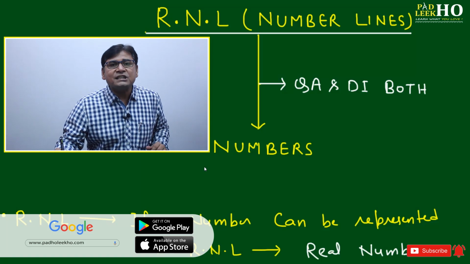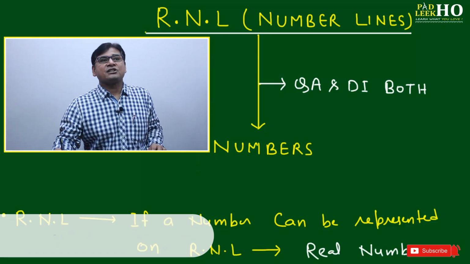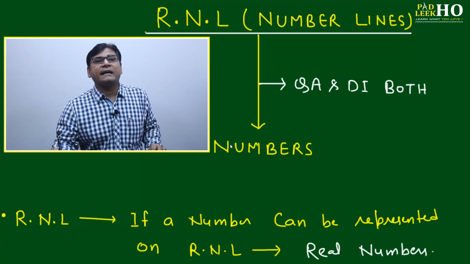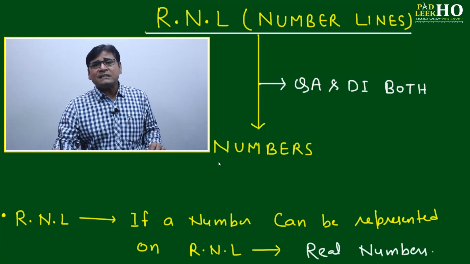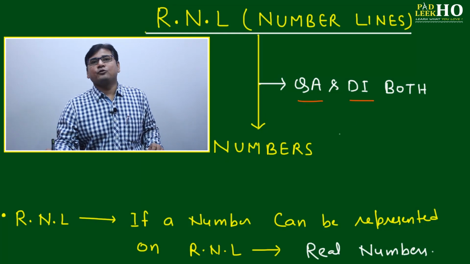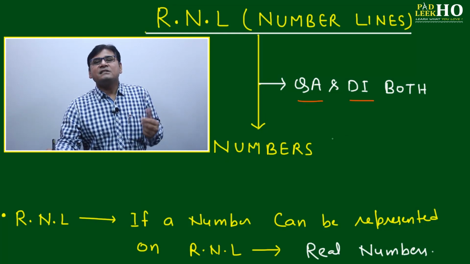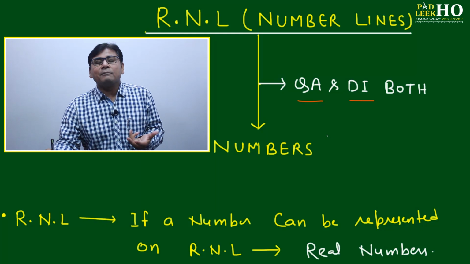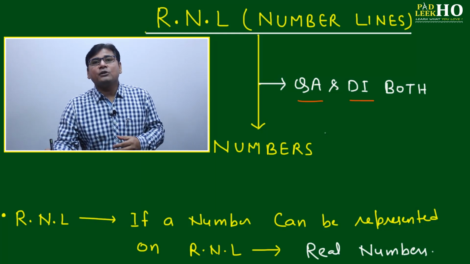Today we are going to discuss one of the very important master strokes, and this is called the real number line. This is a part of your numbers, a very fundamental concept that is going to help your quant and DI both, or you can say it is just common sense. It is just common sense you will be able to develop and apply during solving of